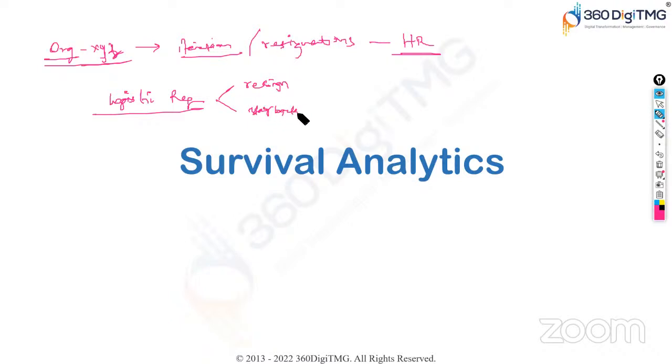Okay, this is the prediction you want to make: resign or not. It's a binary case, right? If a person is resigning, you will say 1. If the person is not resigning, then you will say 0. Now we can use this prediction model